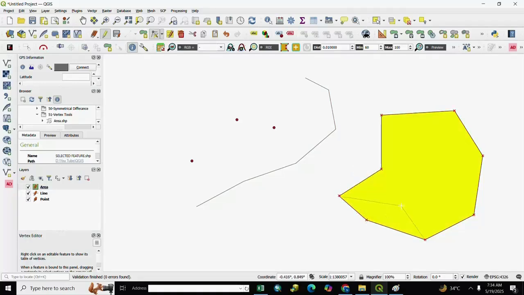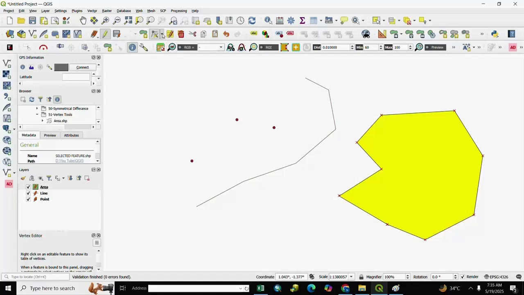And if you want to draw a new vertex, you click on the line, and here is an angle, we click here, our new vertex is created, and you adjust it as per your requirement. The point and line files are not highlighted.